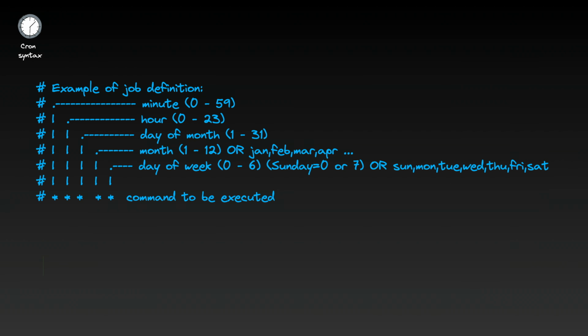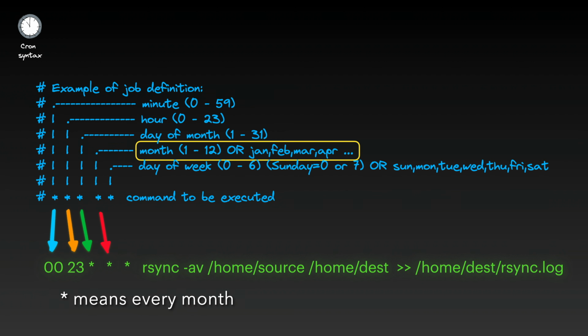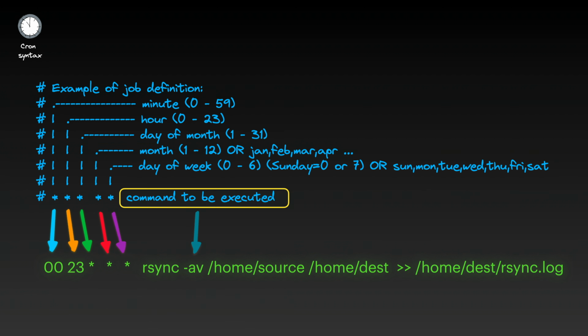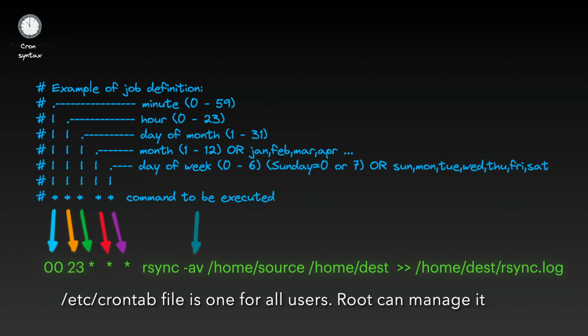How to schedule a job. The most important part of understanding how cron schedules work is knowing the syntax used in the crontab file. The first thing specified is the minute in which the job will be executed. Then comes the hour, the day of month, the month, and the day of week. Lastly comes the command or script that will be executed. For /etc/crontab there is one more field before the command that specifies the user that should be used for executing the scheduled task.